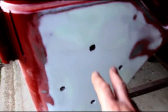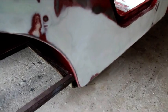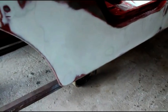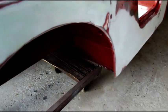And when I got the body, even though it was sandblasted, there was still some filler in this area where the spare tire is, and down in through here. They didn't dig it out with the sandblaster, so they just primed right over it. So I quick scuffed it up, and you see right in here, the filler work looks nice. So I just came over it with a little bit of light filler, and the body is ready for